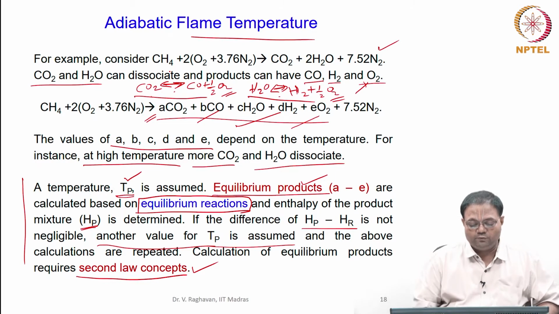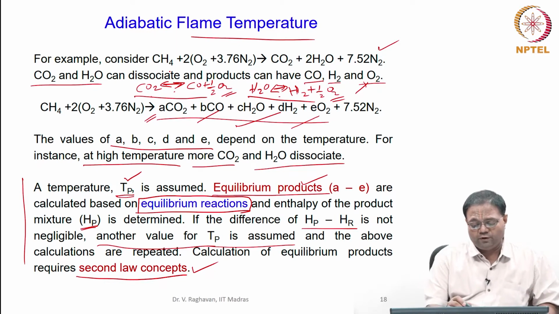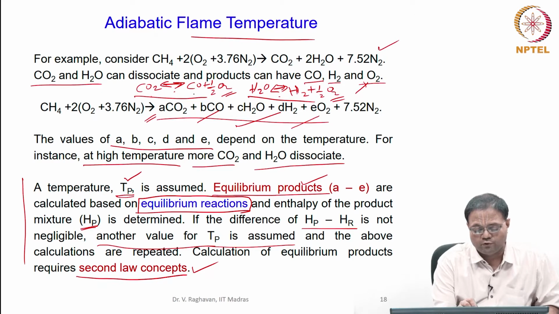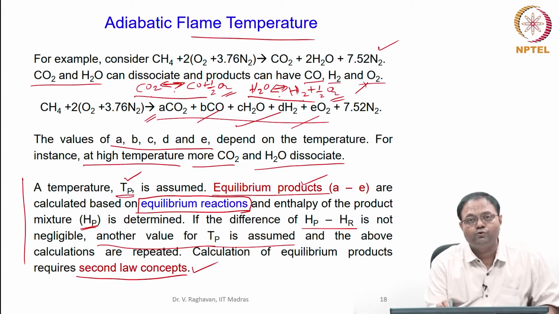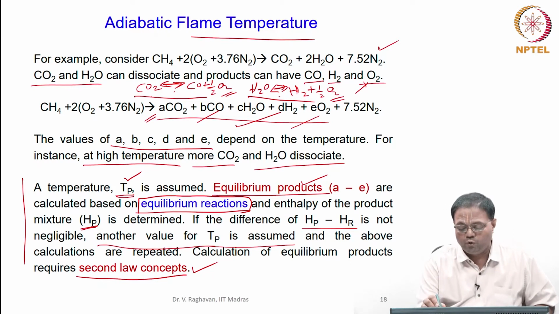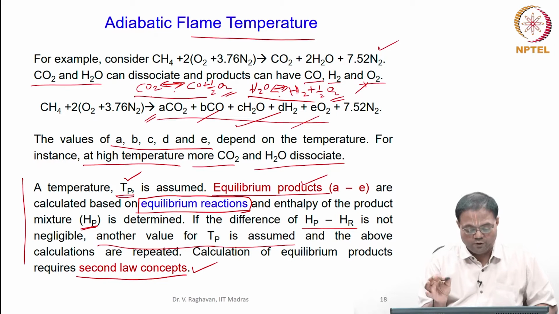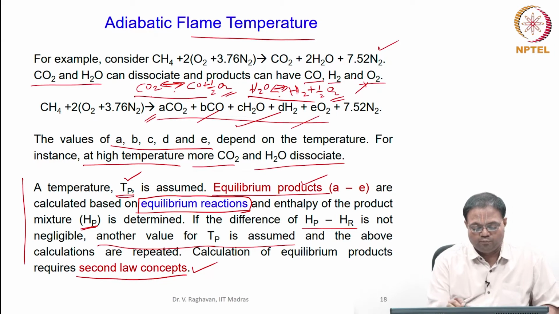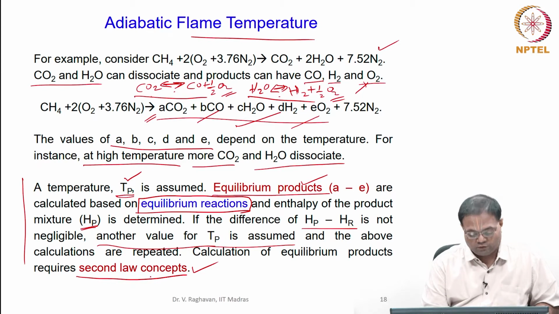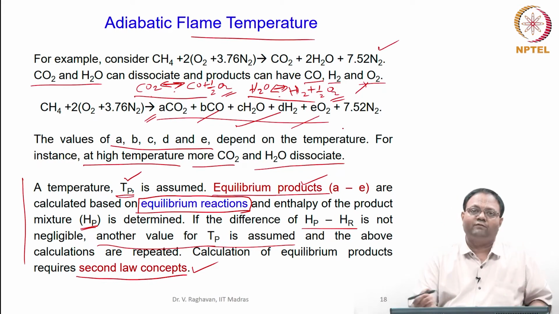So now here, due to high temperatures, the major products dissociate. The dissociation reactions we have seen: CO2 dissociates to CO plus half O2, H2O dissociates to H2 plus half O2. So the product mixture will have CO, H2 and O2 in addition to what we actually assume as a complete combustion. So if you see the product mixture, it will have some moles of CO2, say A moles, B moles of CO and C moles of H2O, D moles of H2 and E moles of O2. But you can also add several species in this and extend the list as we want.